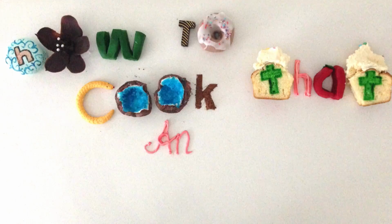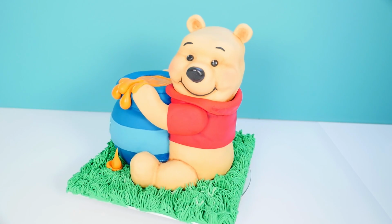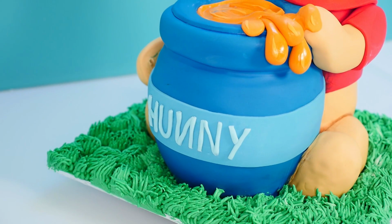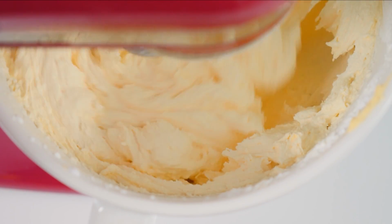I'm Ann Reardon and today we're making a 3D Winnie the Pooh cake with a big pot of honey, of course. To make Pooh you'll need chocolate cake, my vanilla buttercream and the template, and you'll find all of that